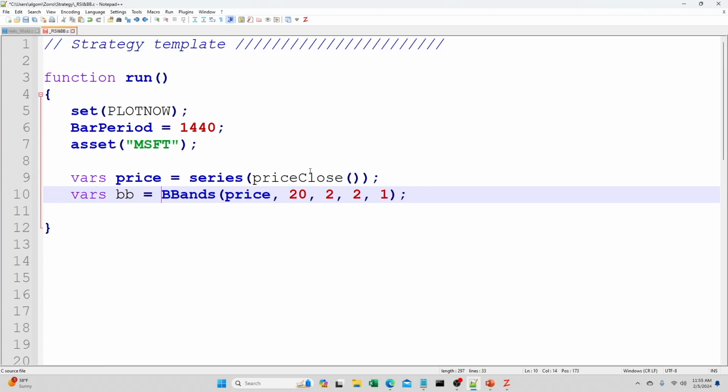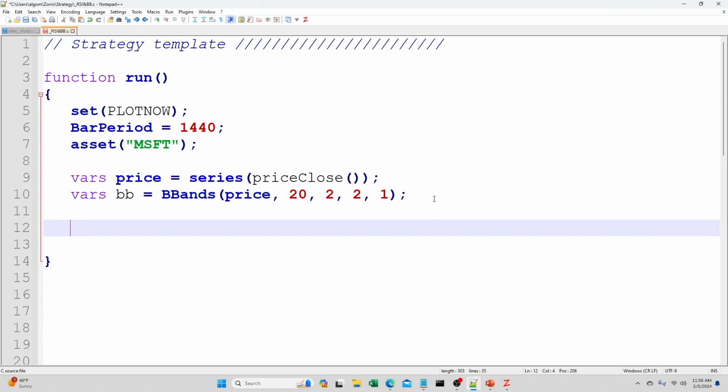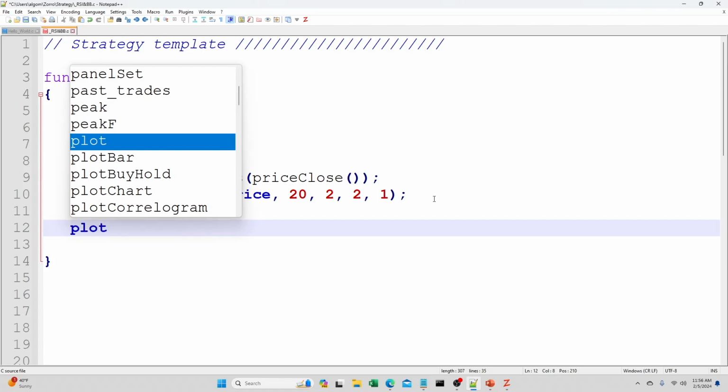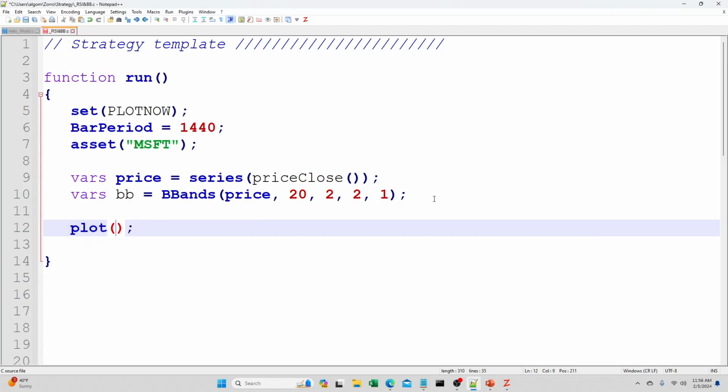So we have now the price, we have the Bollinger Bands, and before we try to trade something here, the scope of this video is not so much about trading but programming. How do we plot this, right? How do we plot these Bollinger Bands? Remember the plot function. Your first instinct here would be to do the same thing we did with the moving averages, right? So plot, Bollinger Bands,